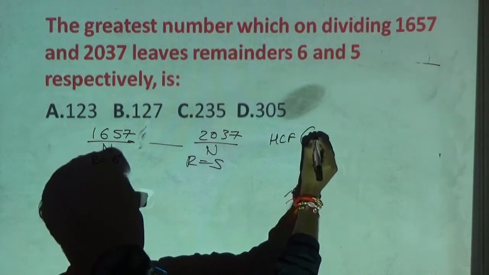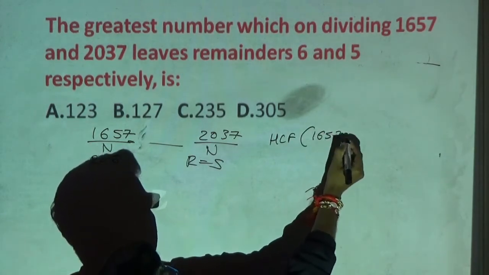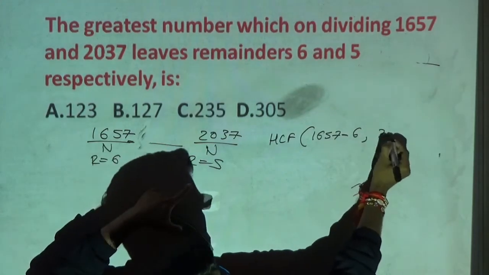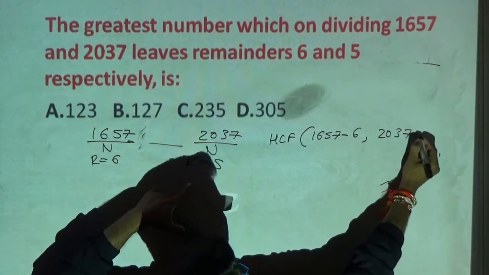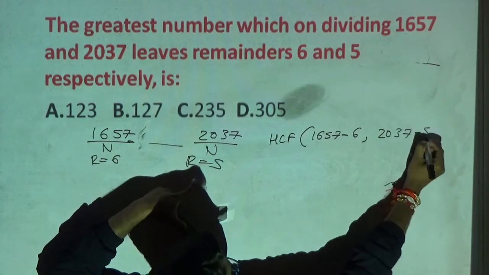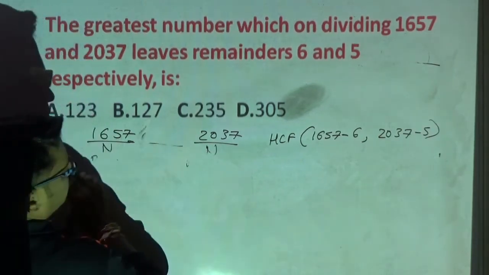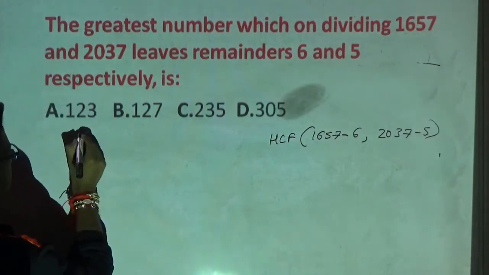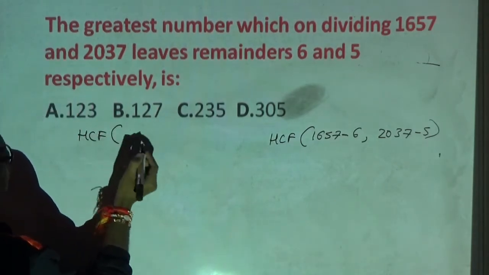of 1657 minus, what is the remainder for the first case? 6, and 2037 minus, what is the remainder? 5. So that is what you need to find out. Okay. Now please observe here. See, this is nothing but HCF of